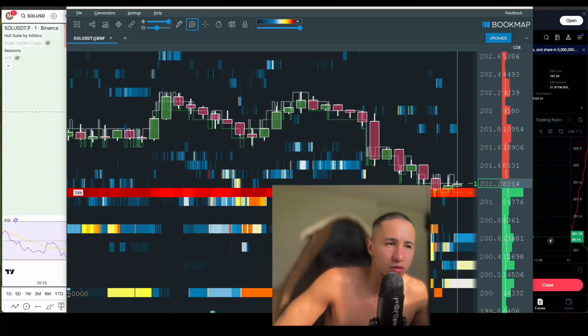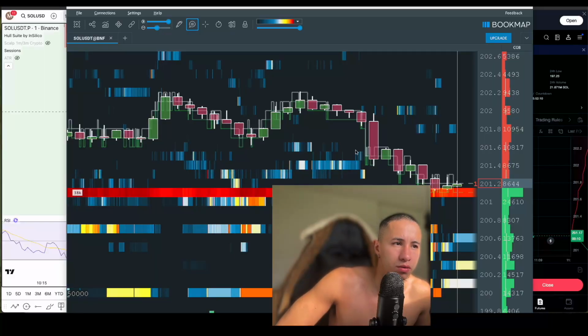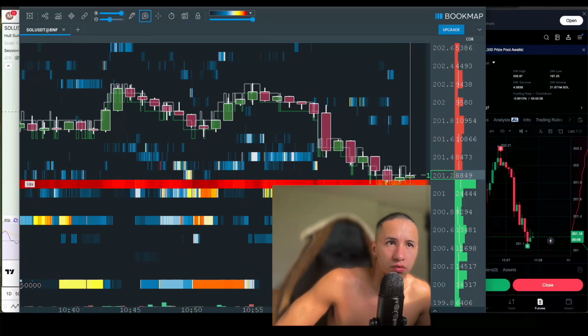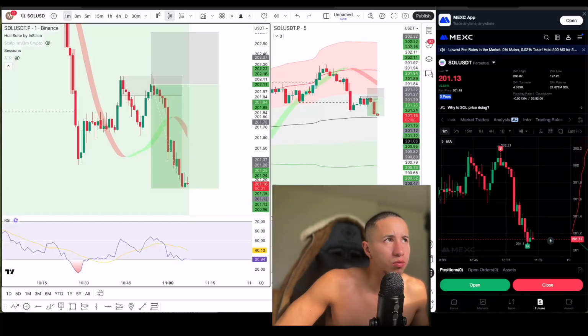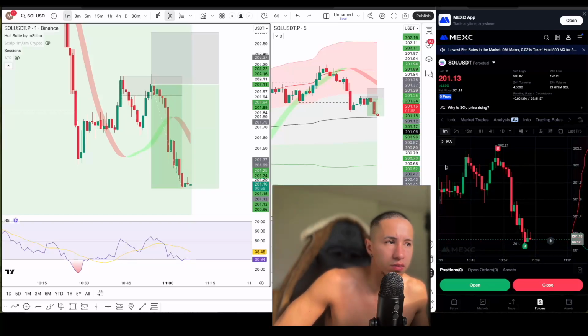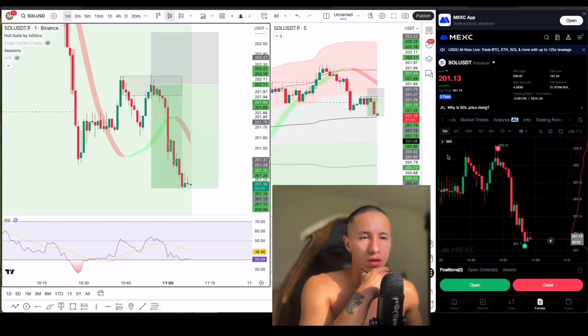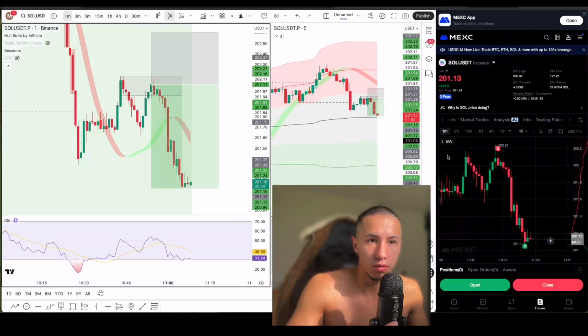Now I'm not seeing too much strength at this level from the bears. They're not really pushing down too strong yet, but we could definitely break it down. It's a real possibility. So what we want to do right now is wait and see if we do break it down. In case we do break it down the way I want to see it, what I'm going to do is